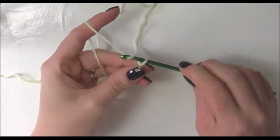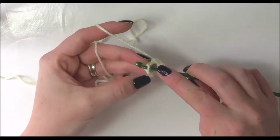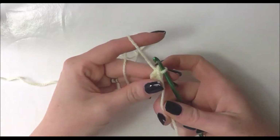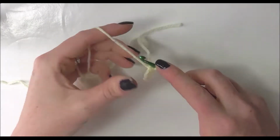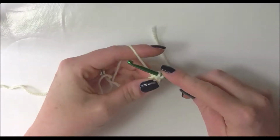So that's 1, 2, 3, 4 and 5, and I'm going to do a slip stitch into the first chain of this round to join. So we now have a small loop. Now into this small loop we're going to do 10 single crochets, so chain 1 and then do 10 single